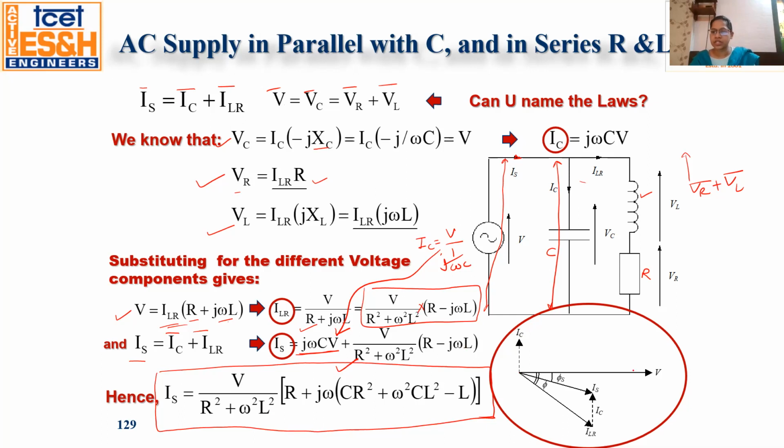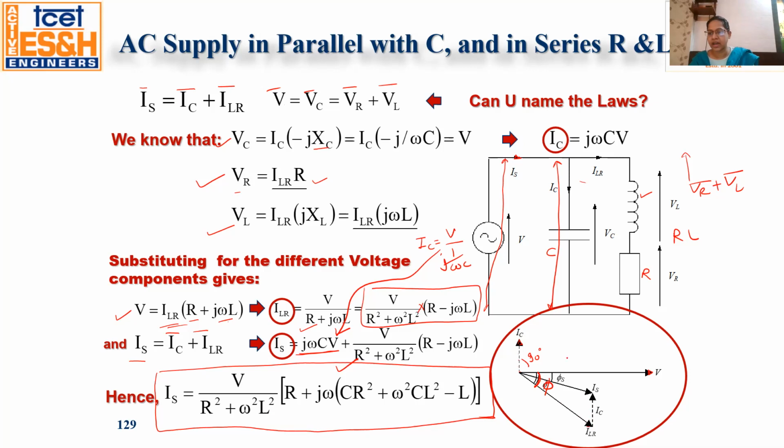Now see, this is the supply voltage. In case of pure capacitance, what happens? Current always leads. So here, current is leading by 90 degrees. And in case of an RL circuit, current is lagging by less than 90 degrees. So see, the ILR is lagged by 5 degrees.